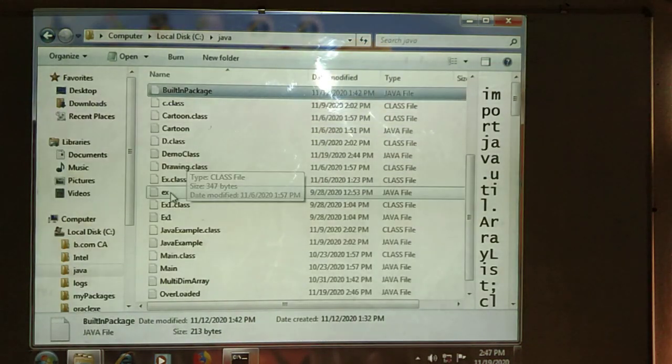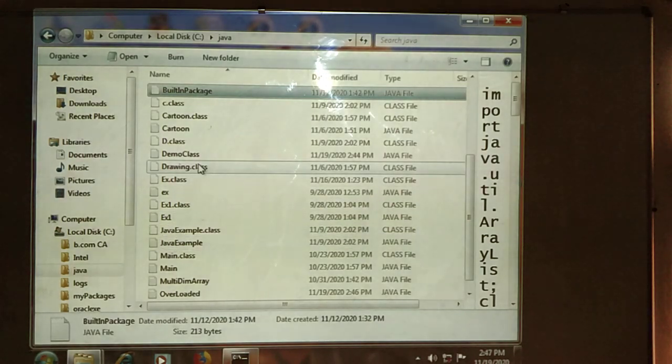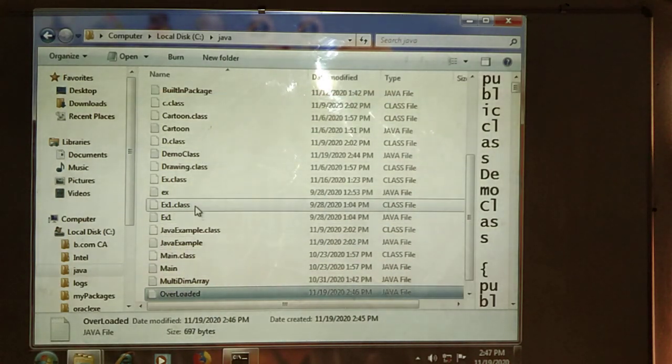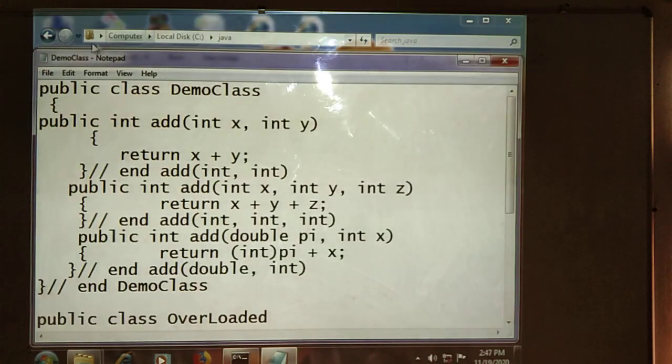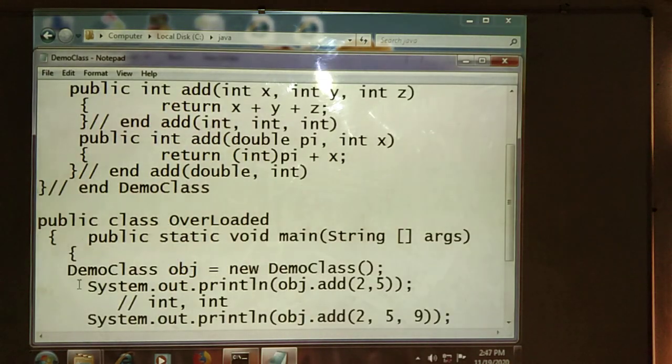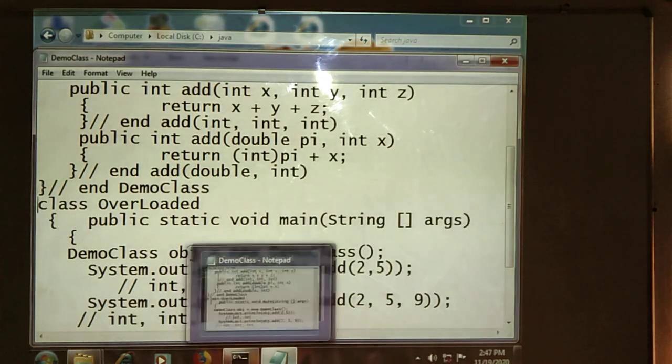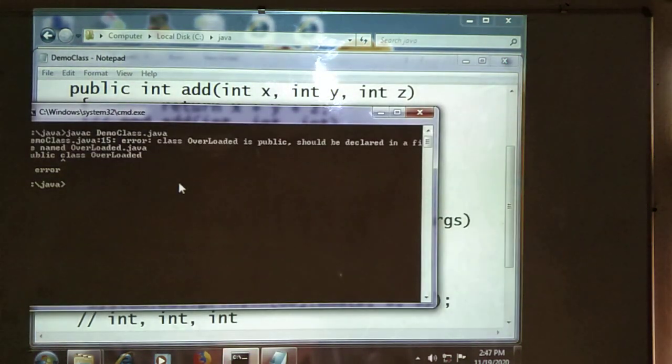We need to open the demo class. Then we need to remove the public from class overloaded. Then save it. There is no error.